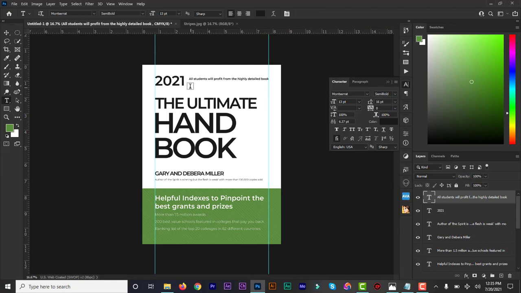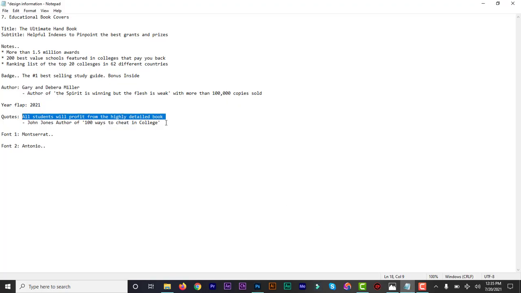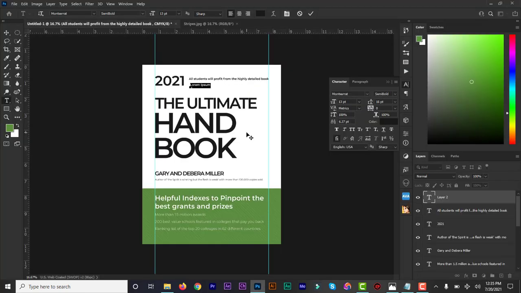So the next line is the other details, which is John Jones, author of. So I'm going to copy everything and I'm going to paste it there, and I'm going to make that even smaller, so maybe 10, and then drag it up and check. And now